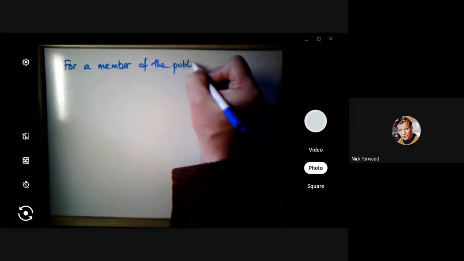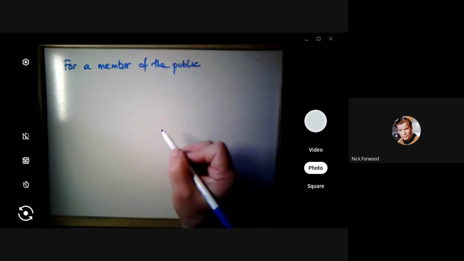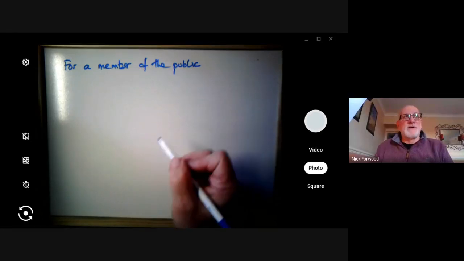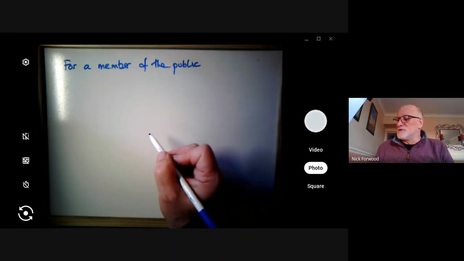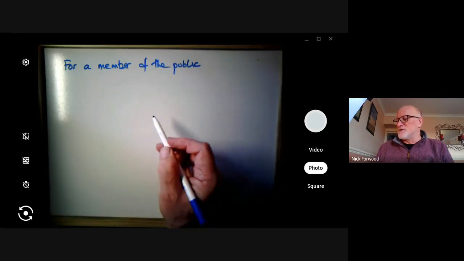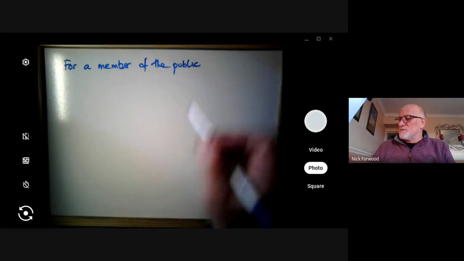And remember, people like radiographers, physics teachers, they're allowed to receive a slightly higher dose rate because they're actually working with radioactivity. The only radioactivity you're going to be exposed to are all the ones that we talked about in background radiation. You shouldn't really come across any others unless you go for the occasional X-ray in hospital or the dentist, for instance. So for a member of the public,